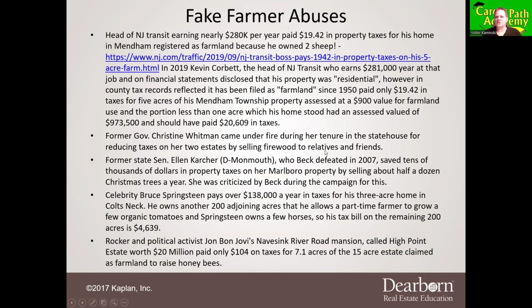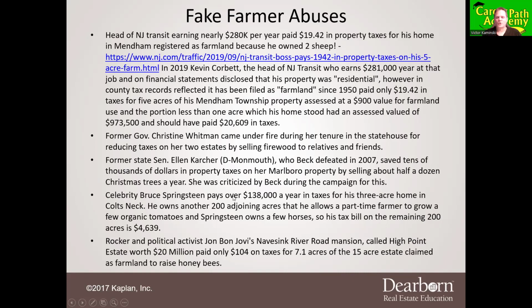She probably just claims that she sells the firewood to her friends and doesn't even sell it and just says, oh, I'll pay the income tax on it. And it's next to nothing anyway. And then I pay next to nothing property taxes on my estates, my mansions. Same thing. Look, it's across party lines. Ellen Karcher, a Democrat. So Christine Todd Whitman, she was a Republican. This one's a Democrat. She sells about a half a dozen Christmas trees a year and pays nothing on her